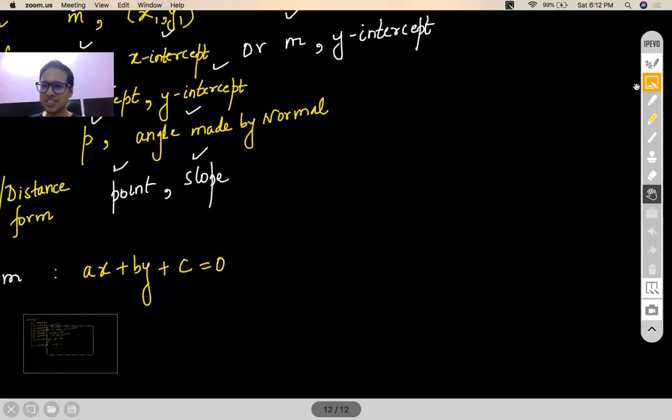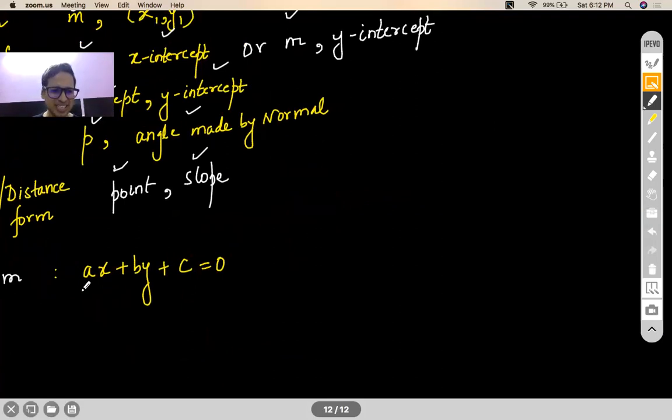a counter question to that. If you look at the general form, it has 3 unknowns. Right? And since childhood, we have learned that to know 3 unknowns, we need 3 conditions. How am I getting a line equation uniquely just by 2 conditions? How is that possible? Isn't it contradictory?